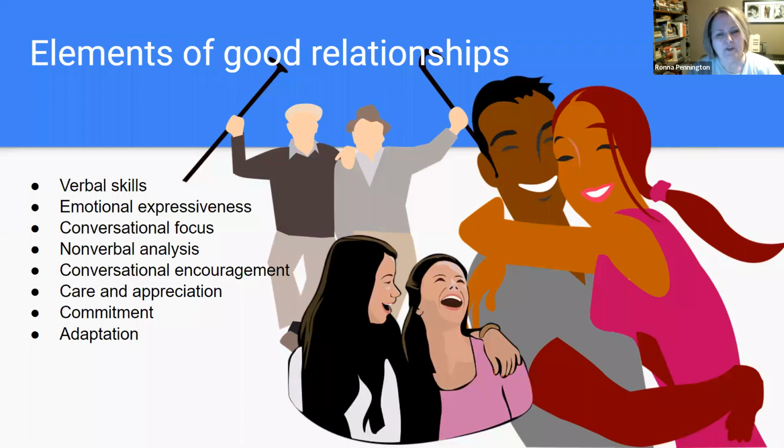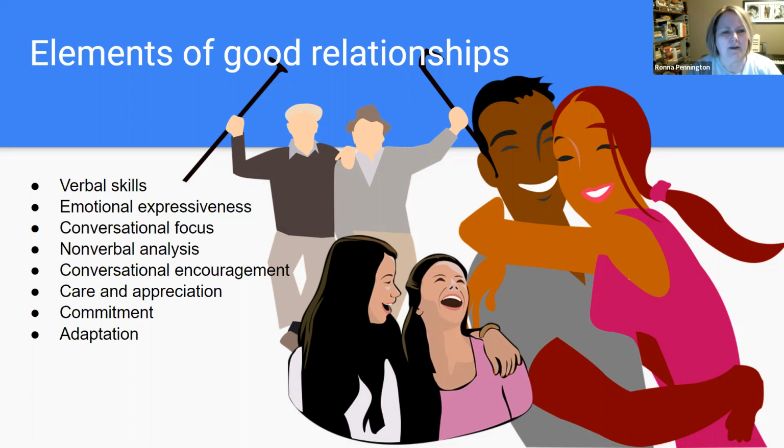So what are elements of a good relationship? Now, we're not talking about romantic relationships specifically here. We're talking about friends. We're talking about relatives, just how to be a good friend. So elements of good relationships include good verbal skills. It's important to be able to talk and to not fear retribution for your conversation. You need to be able to talk openly and honestly. Also, the ability to express emotions is important. It's not just important that you express your emotions, but that the other person allows you to do that when you need to do it.